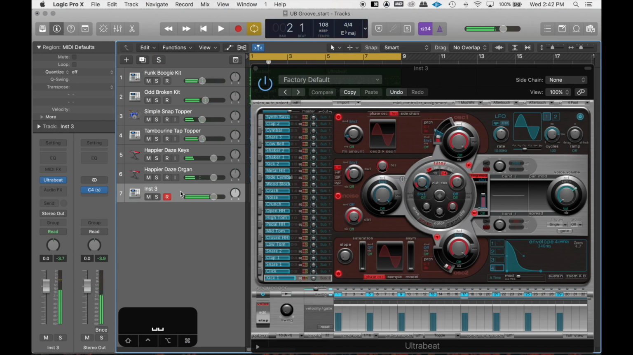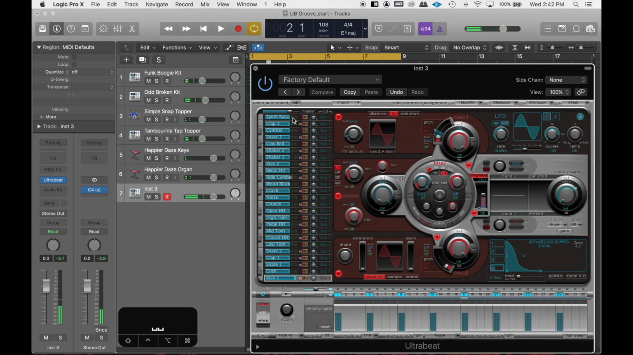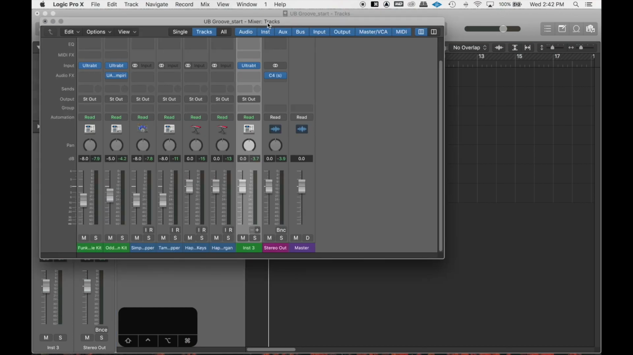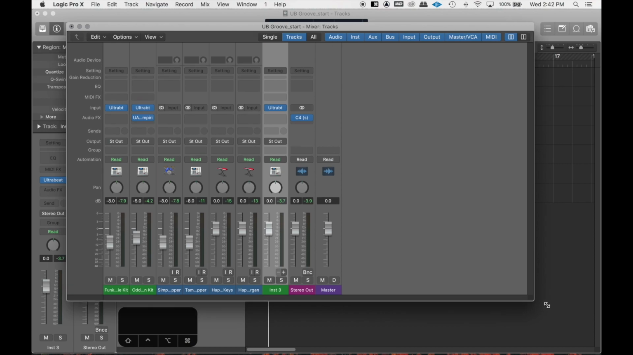Right? So I've got that. Great. Now here's where the trick comes in. I'm going to hit Command 2, and it's going to bring up my mixer window. Okay? So then